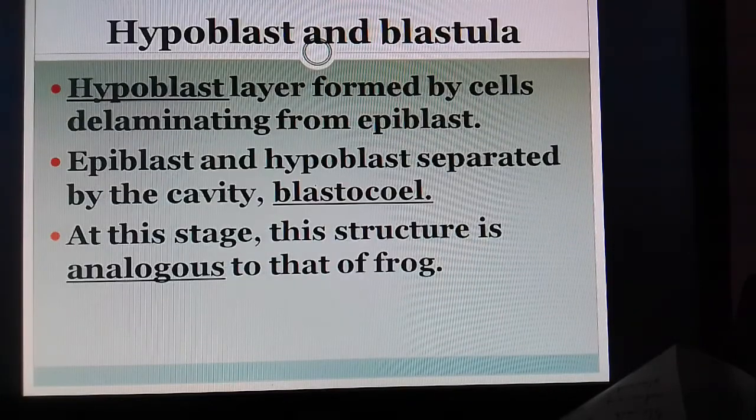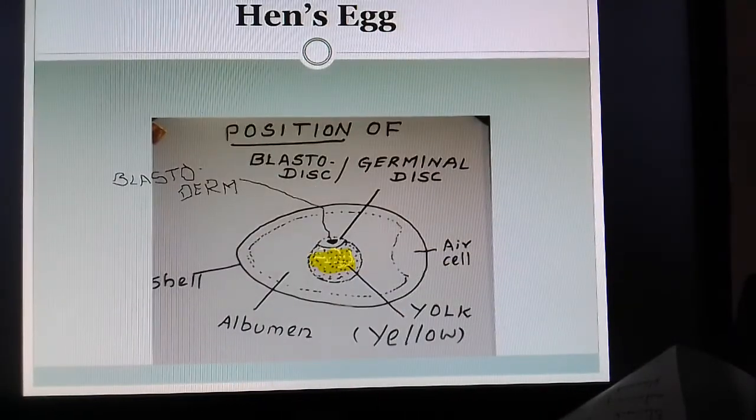Here I have given a picture of the egg. You can understand the position of the nucleus and the blastoderm. You see here the yellow yolk, and on the upper surface of the yellow yolk there is the blastodisc or the germinal disc, nothing but the space available for the nucleus and its further process to form blastoderm. And this is the actual blastoderm region. That is, after the cleavage there will be the formation of blastoderm, getting ready for the next process, gastrulation.